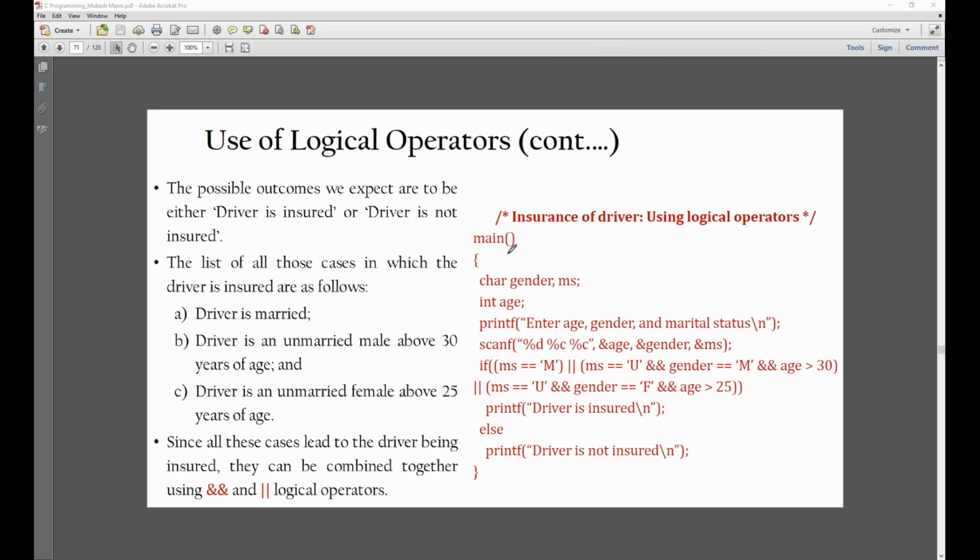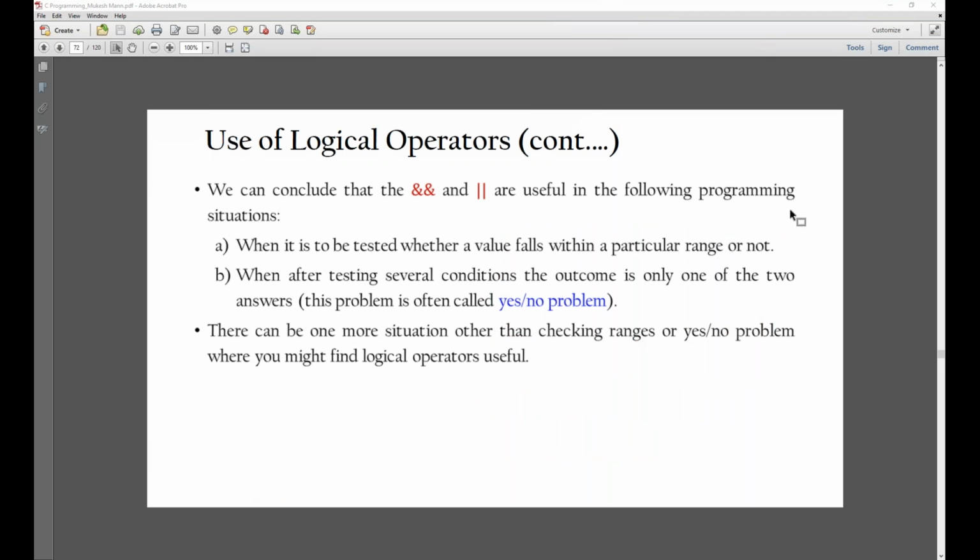Yes. Yes, Ritesh, I think it's pretty simple now. Okay. Should we move? Yes, sir. Okay. Now coming to, so we can conclude that the and this